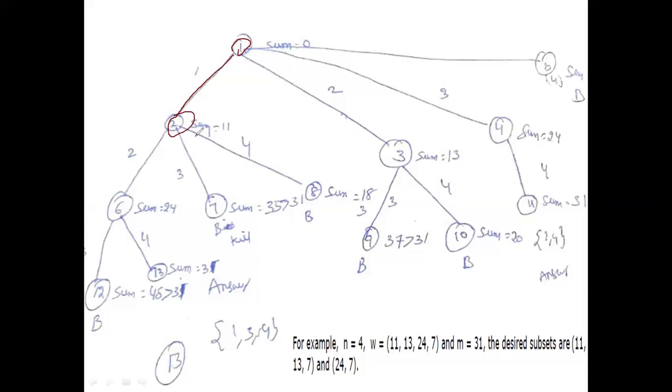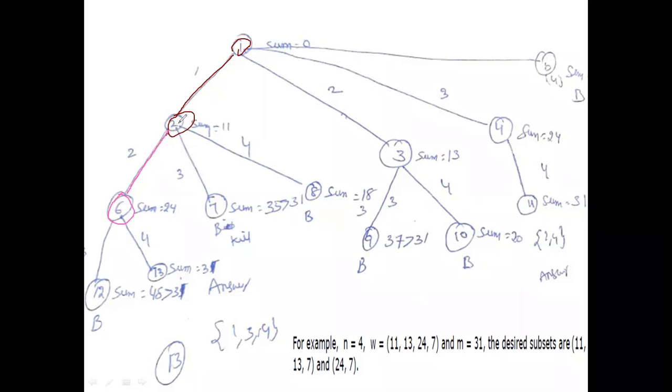The second child means x1 equal to 1, so sum equal to 11, and it is now an answer node. The second node is now a live node, and it generates its children. Its first child is the sixth node. After the sixth node is fully expanded, the second node generates another child.